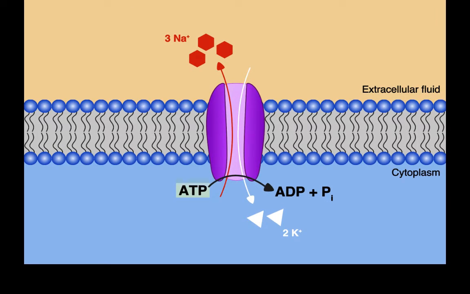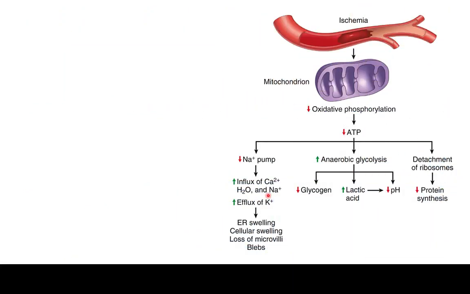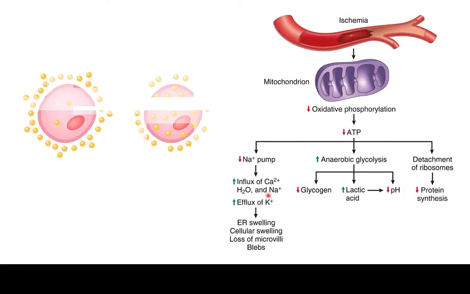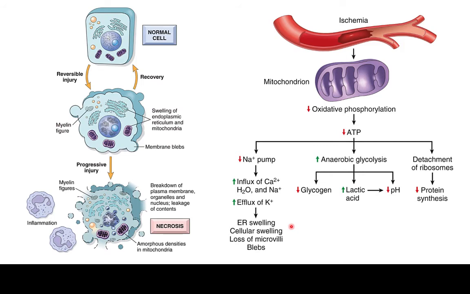So one of the first things that happens if there's decreased energy is that the sodium-potassium ATPase channel will stop working, and that will cause accumulation of sodium, and water will follow to the inside of the cell. Now think of the cell that is receiving more sodium and more water. This cell will enlarge and there will be swelling inside the cell. The cell will swell